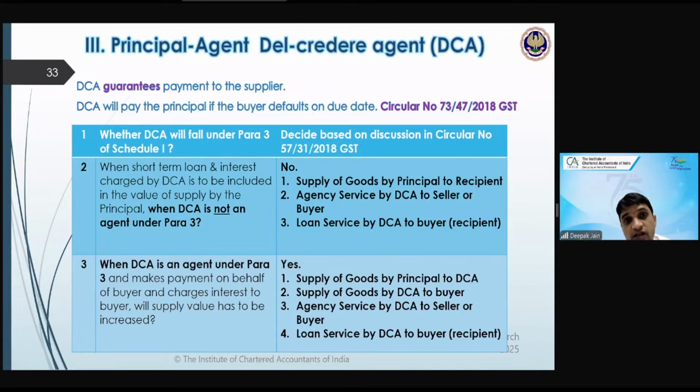So the question is whether this interest value should be added to the value of supply. Because when I make a supply, any ancillary charges, suppose I buy an air conditioner and incidental charges of installation. So installation is done for the air conditioner. So when the air conditioner person charges you GST, he will have to charge for the air conditioner and the installation. That is called a composite supply. When two supplies are related to each other,